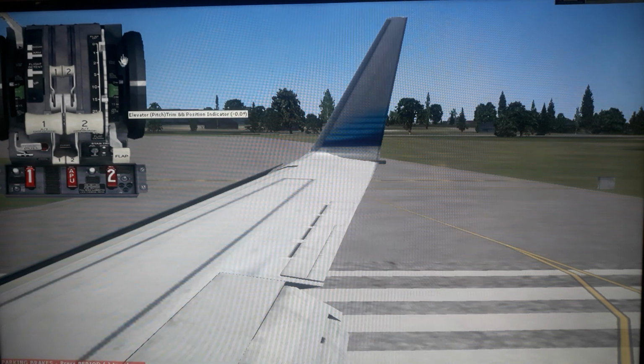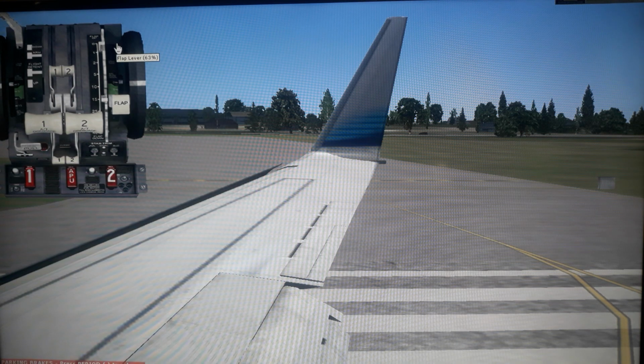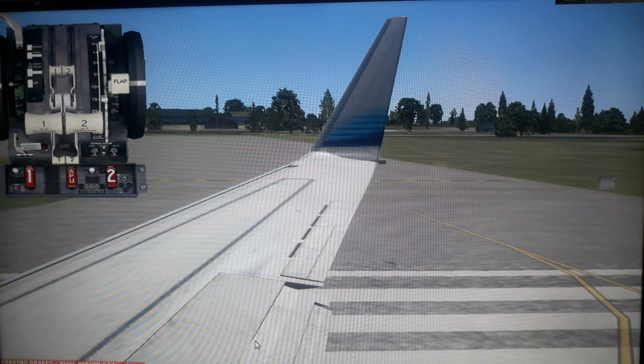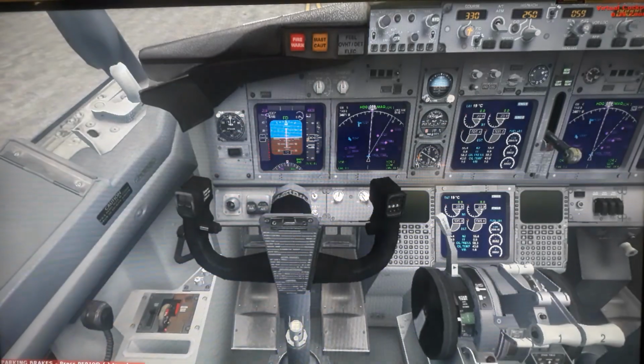And when you are taking off, you are keeping it around 10. So the flap is moving. So I will keep it at 10 before we take off. Then the ailerons are on the wing, on the top of the wing. Again, let's look at that.